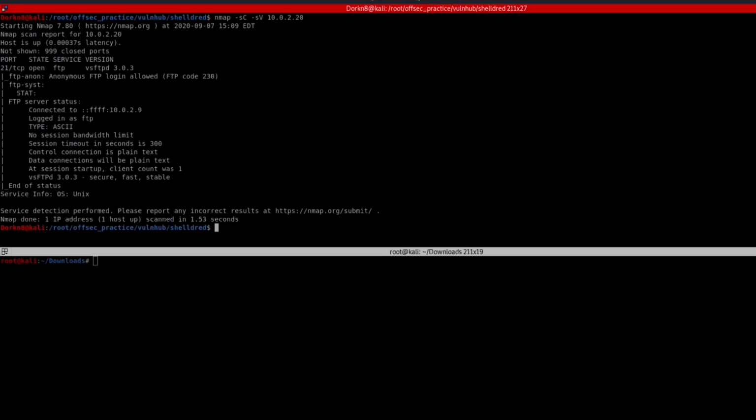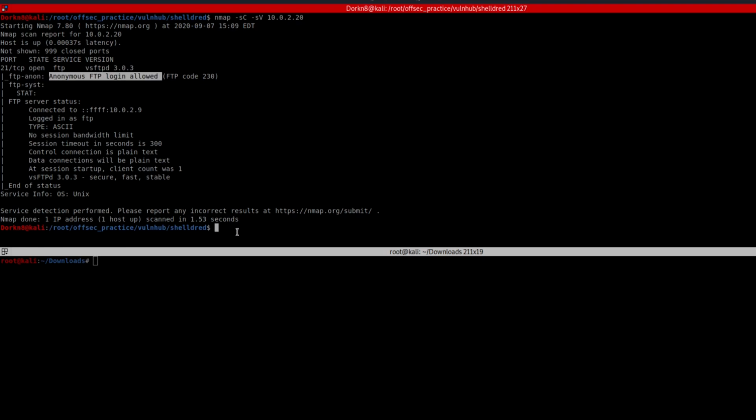So as you can see, the command is executed. So I've run a basic scan. So what this command does is it runs a set of basic scripts on the target machine. And so as you can see here, it has identified the FTP service running on port 21. And another thing that you have to note is there is anonymous FTP login allowed.